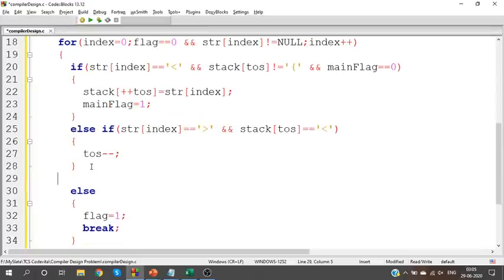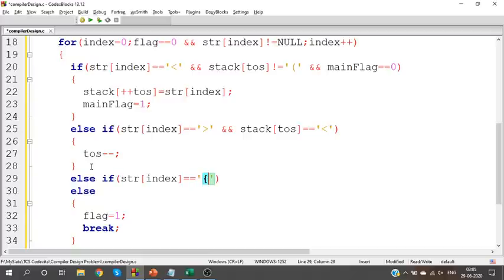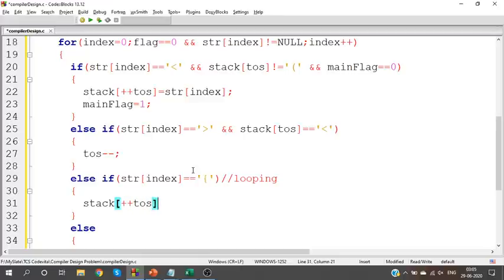What else can I have? We can have some other open bracket because of the looping part. Yes. So for this you can just deal with it normally. What should we do when we have an open bracket? Whenever we have an open bracket, we can push it inside the stack. So whenever we have an open bracket, we'll push it inside the stack, and when we see a close bracket, str of index is close.